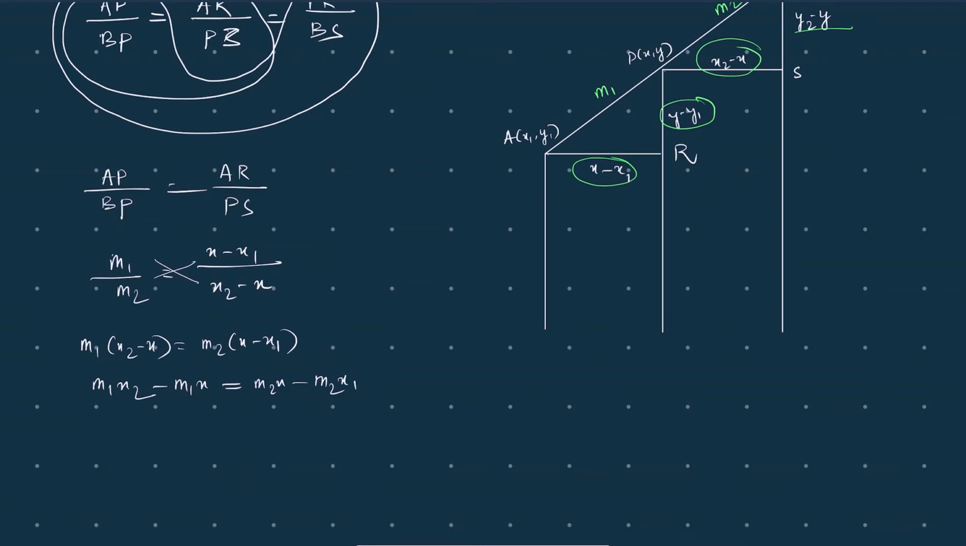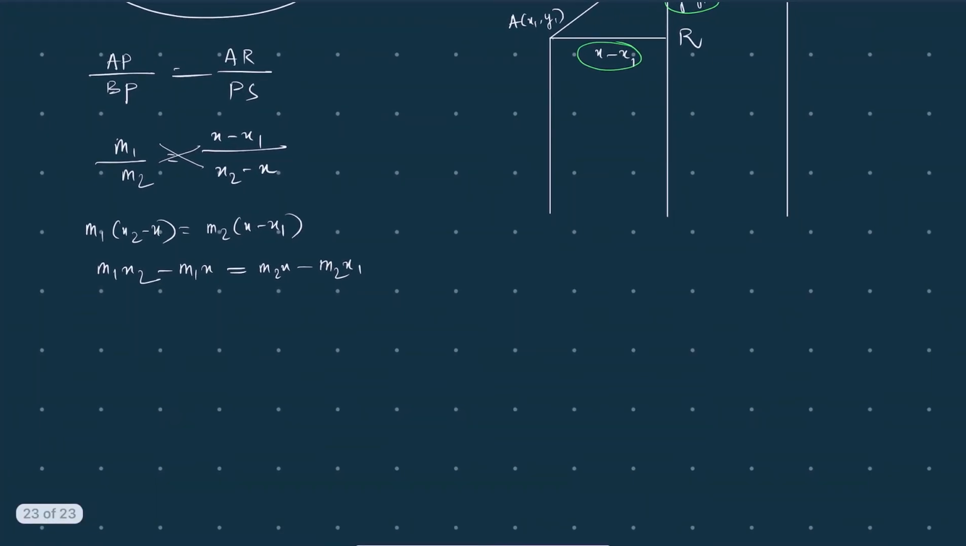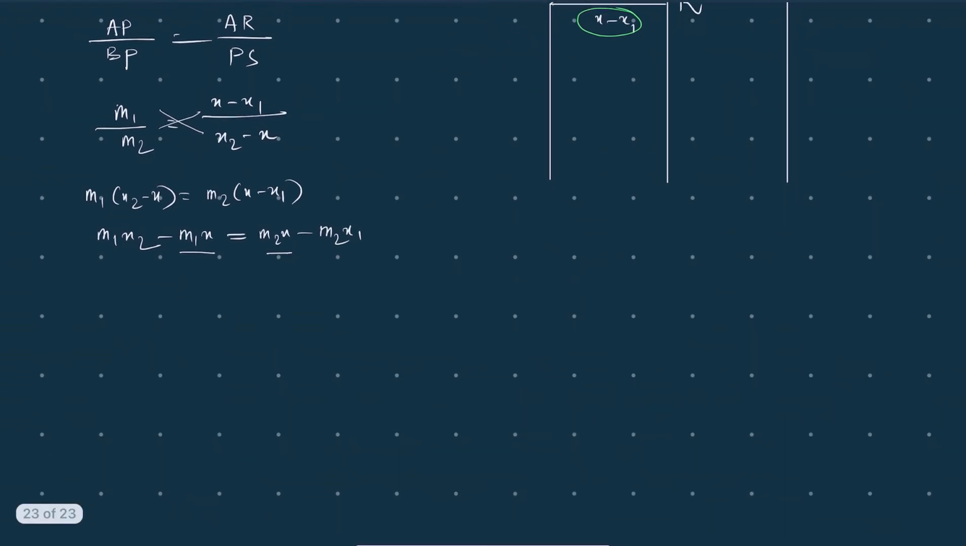Okay. Now we are going to take this x term to one side, and we are going to bring this x1 and x2 term to the other end. So this is going to be M1 x2 plus M2 x1, because here it was negative. If you are going to bring it to the left hand side, it is going to be positive. This will be equal to this M1x. It is negative in the left hand side, so if I am going to bring it to the right hand side, it is going to be positive. So M1x plus